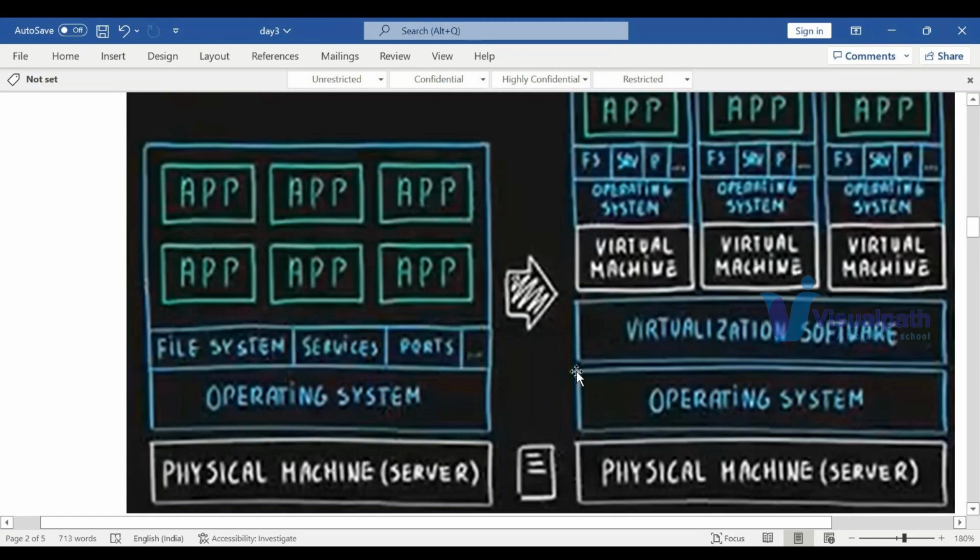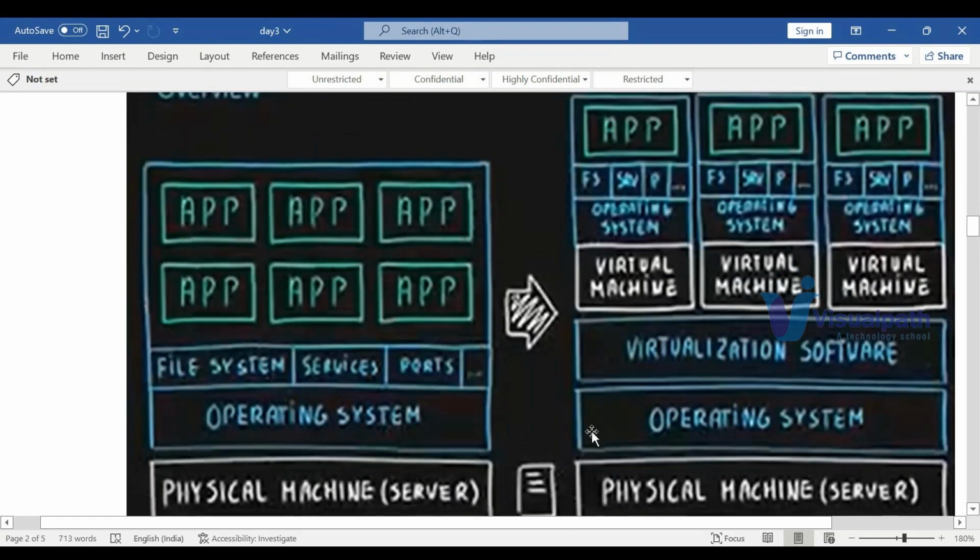Now I want a new server. All the setup is available to you: the physical server, on top of it the operating system, and on top of this the virtualization software. So someone comes to your team and asks you